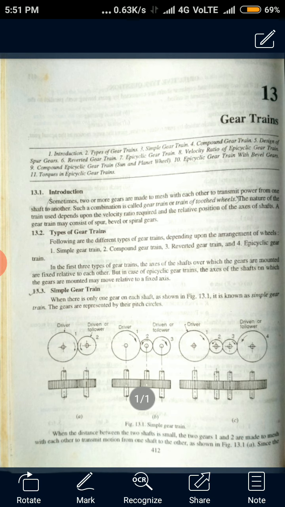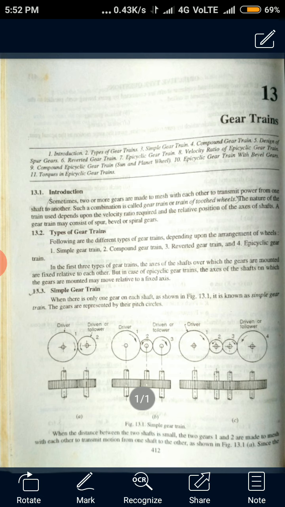Otherwise, you can get 20 marks as a problem, but most of the time what you see in previous year questions, for 6 marks or maybe 4 marks or maybe 8 marks, is a theory question, classify the gear trains, and the remaining 12 marks will be the problem. Okay, so first we need to understand, already you know gears are used for the purpose of transferring the motion or the power from one shaft, the driving shaft, to the driven shaft.